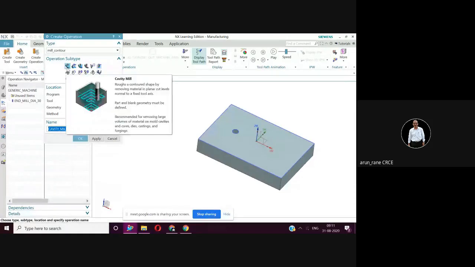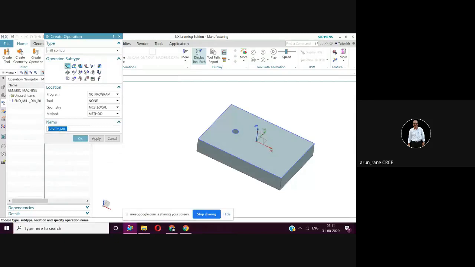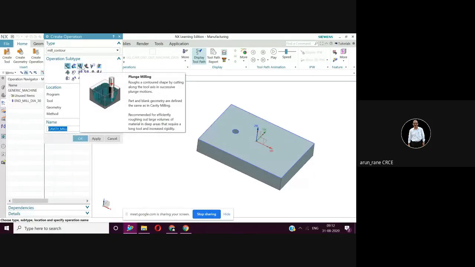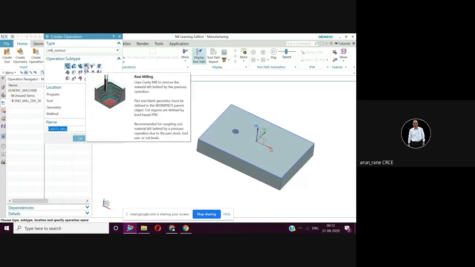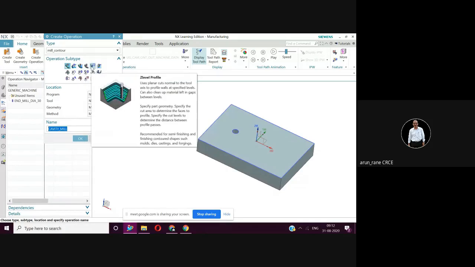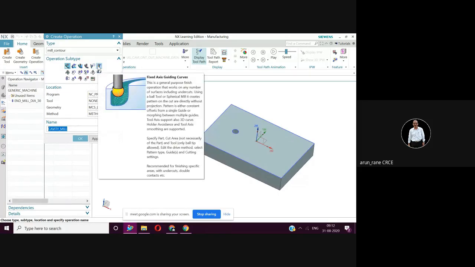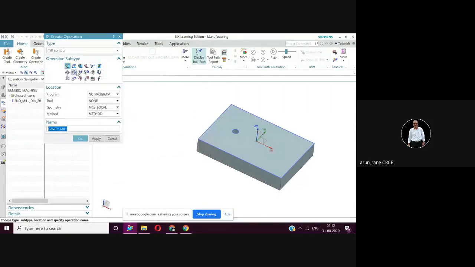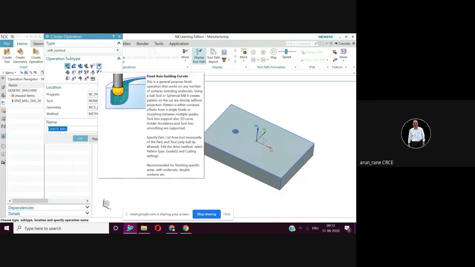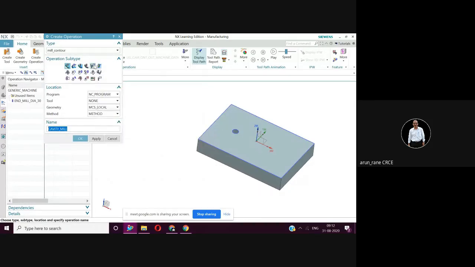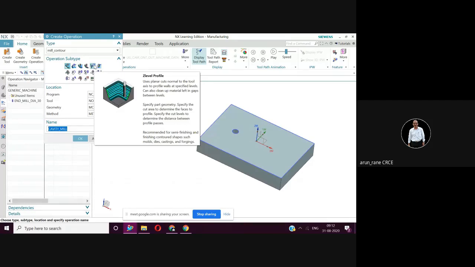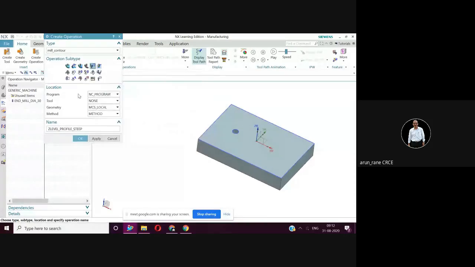Now in mill contour again you have various operations: adaptive milling, plunge milling, rest milling, Z level profile, fixed axis guiding curves, contour area, etc. So we can select Z level profile.